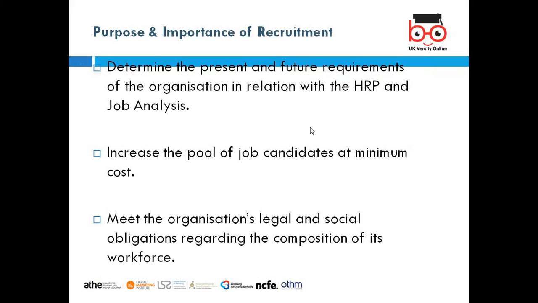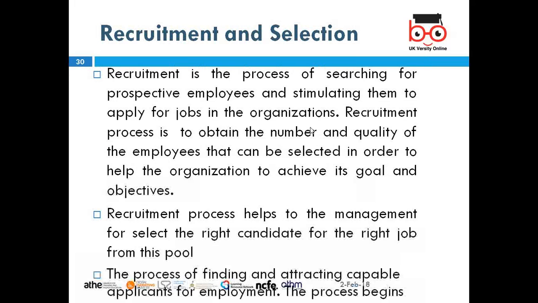So we can make our recruitment and selection policies and procedures by looking at the present and future of the organization, and we can plan it. We are supposed to have a job pool, where we have all the employees' CVs, and from the job pool we can select the candidates as well. So recruitment is like we discussed.